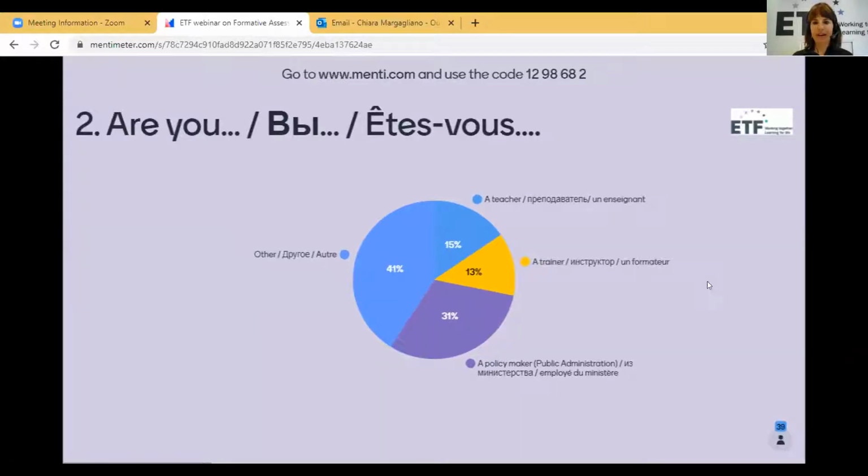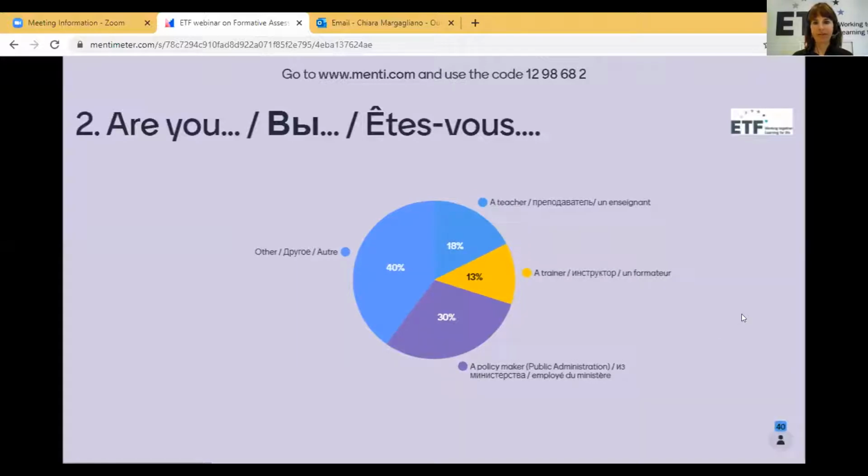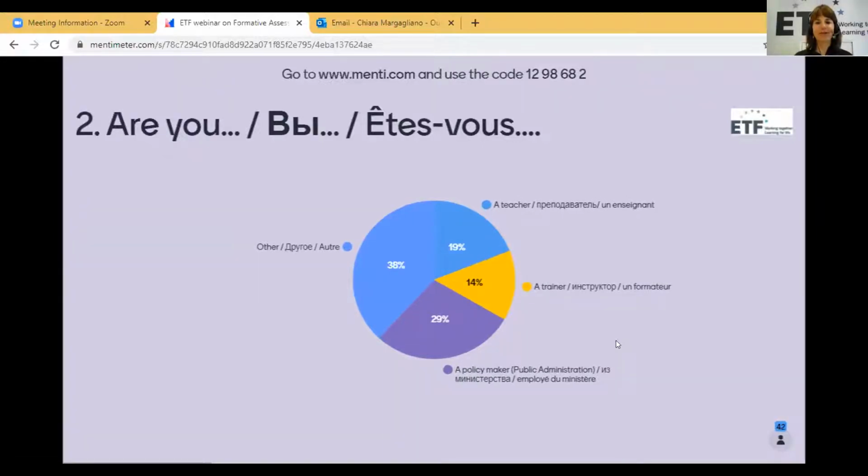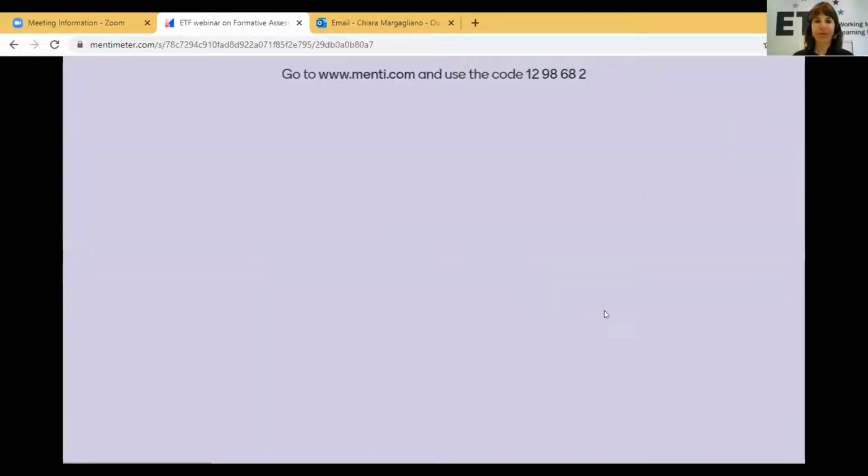Great. So we have around 30% teacher, trainer. We have other, we see consultant, journalist, deputy director, so different others, and around 30% of policymakers. But we will have to move to the next question. It's good to know who you are.